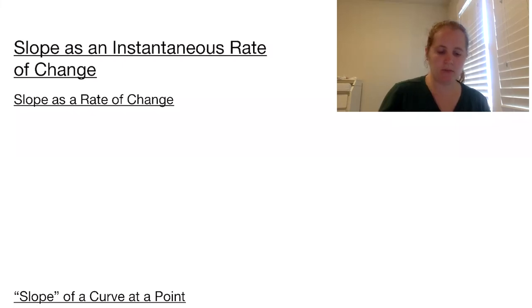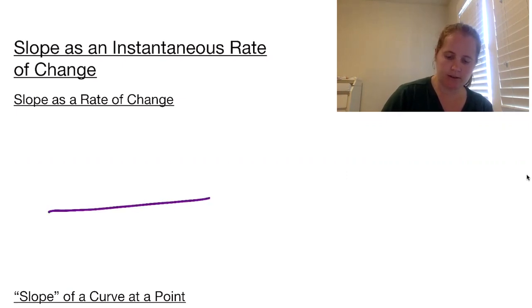And welcome to slope as a rate of change. So let's go ahead and just consider a line, right? And then talk about slope. So slope is an instantaneous rate of change. If we consider a line just drawn in the coordinate system,